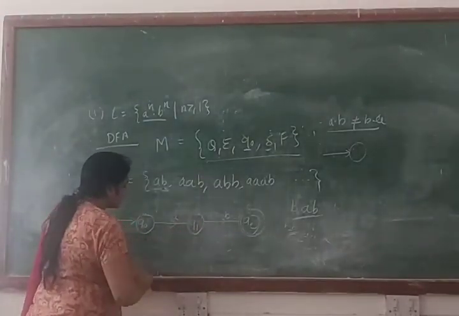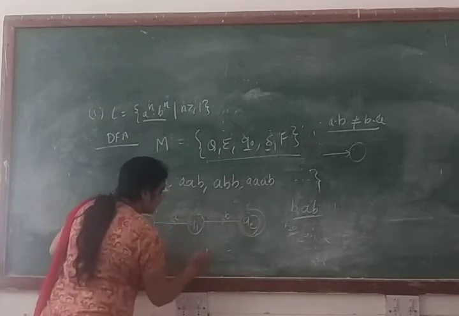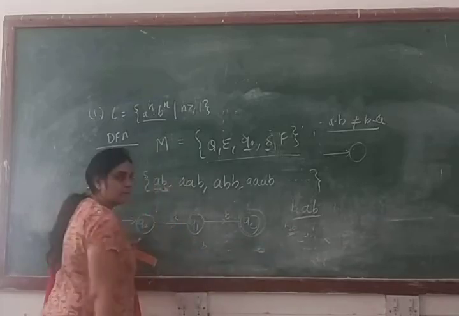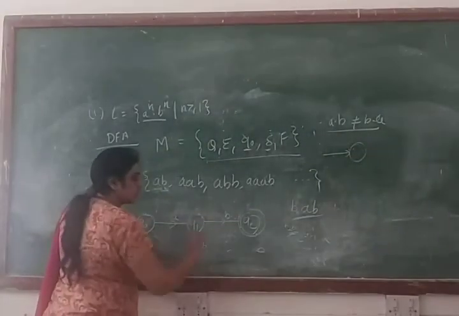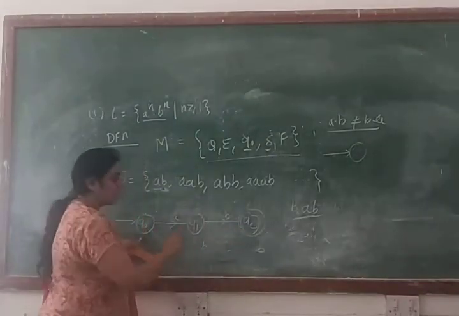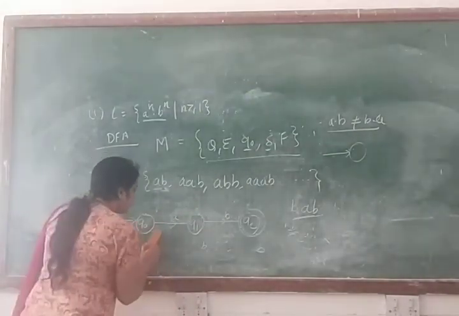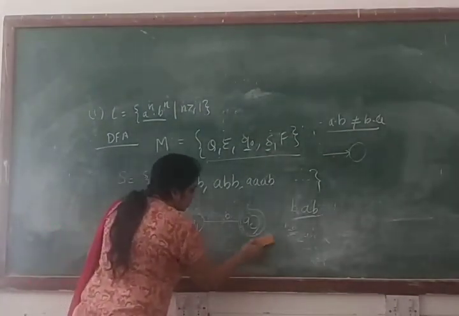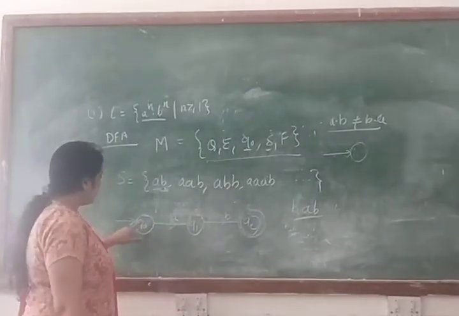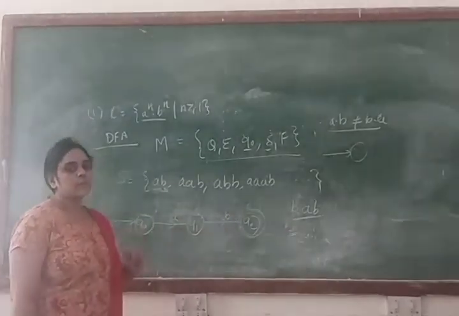Now we will check the transition from Q0 to Q2. If you are making a transition from Q0 to Q2 for the input symbol B, in that case your machine will accept small b, because from the initial state to the final state you are making a transition for input symbol B. That means a single B is accepted by your machine, and that string is not part of your language. So you cannot make this transition also. So we have checked all the transitions: from Q0 to Q0 you cannot make the transition, from Q0 to Q1 you cannot, and from Q0 to Q2 you cannot.